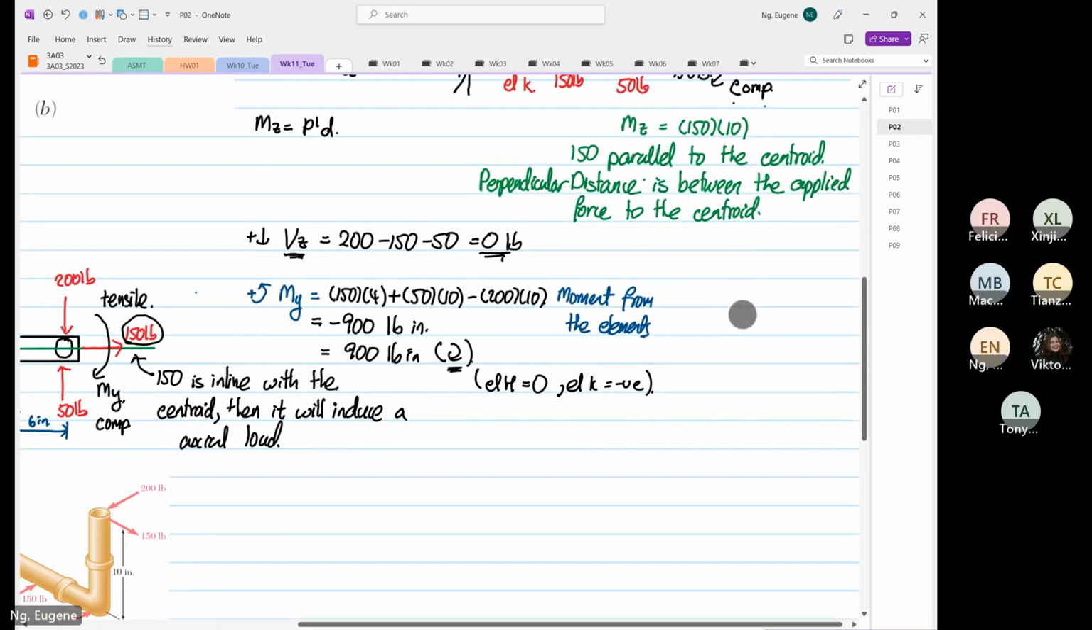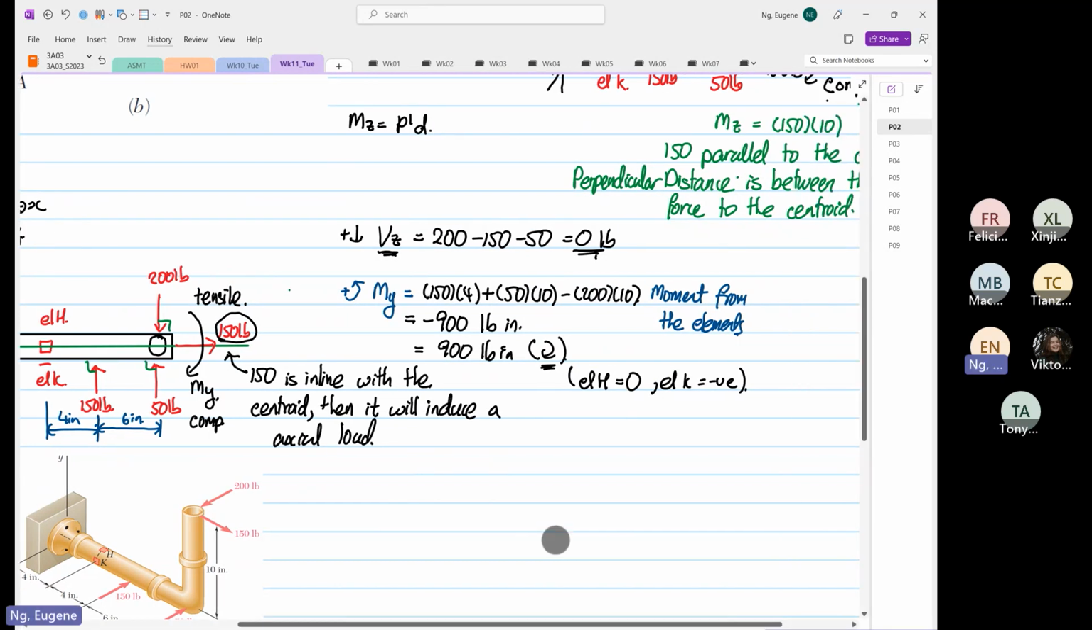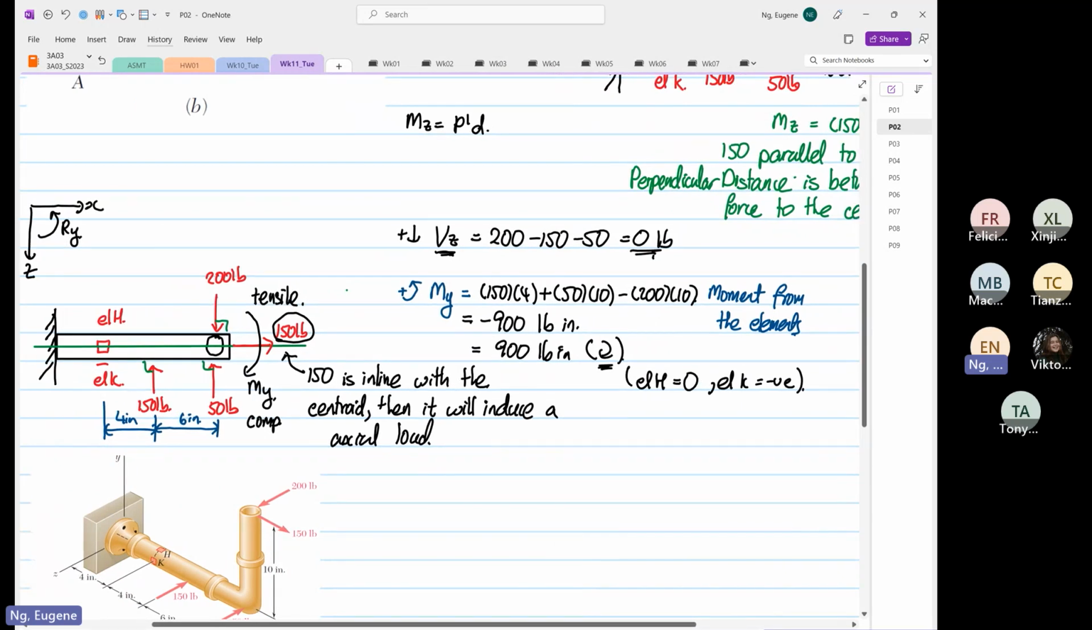However, for this case, the applied force is perpendicular to the centroid, right? So for this view over here, the applied force